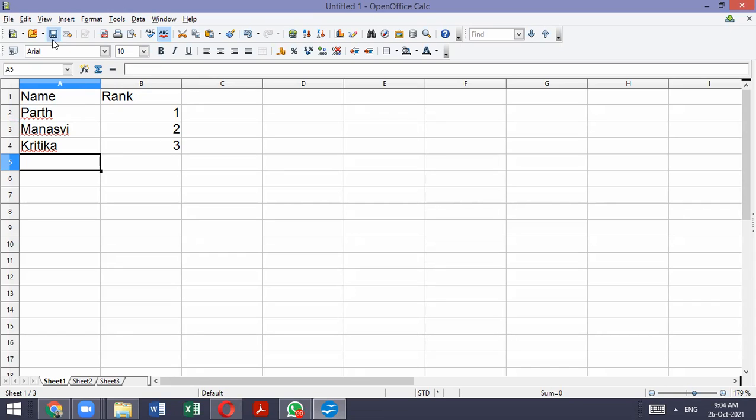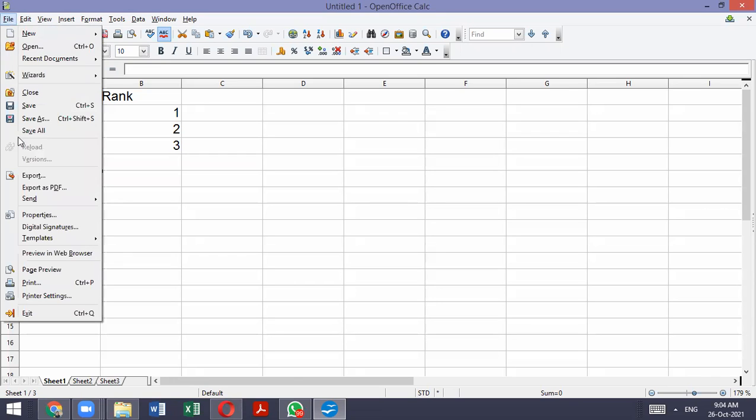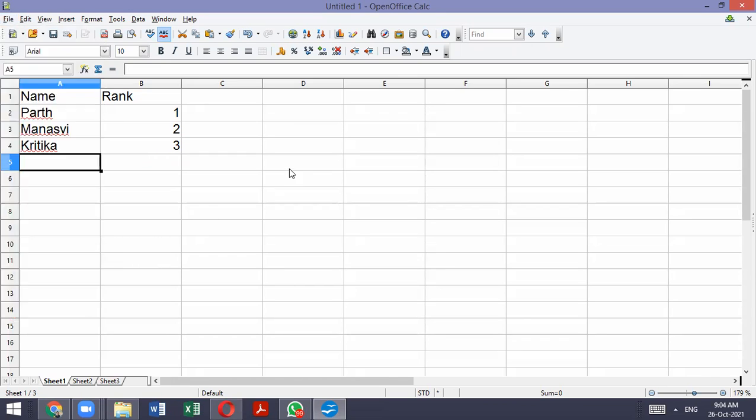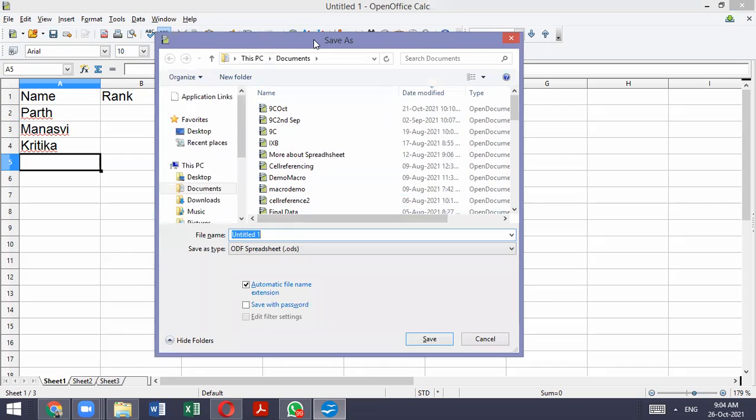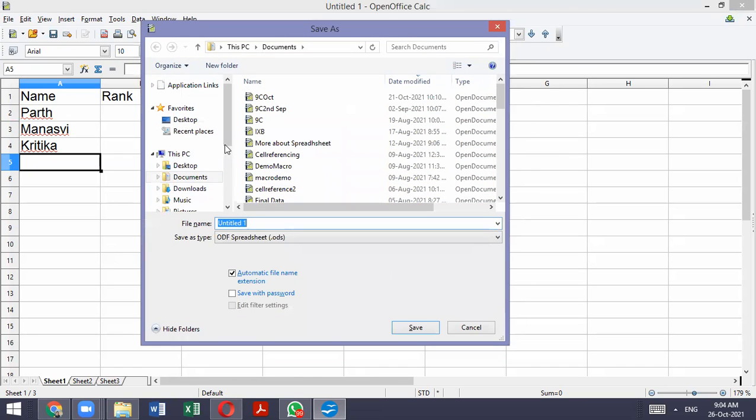Now, how to save it? So there are three ways. Click on the save button from the standard toolbar, or click on the file menu, then select save, or press Ctrl+S from the keyboard. Save as dialog box will appear on the screen. Then type the desired file name in the file name text box.